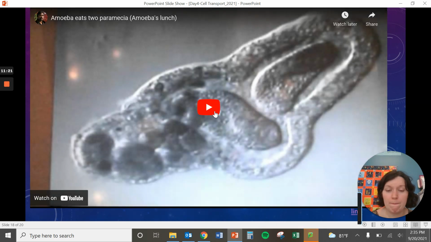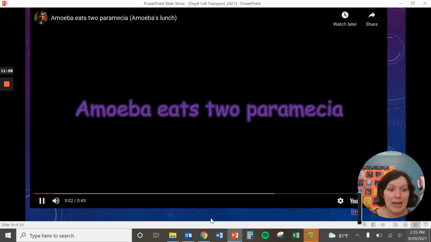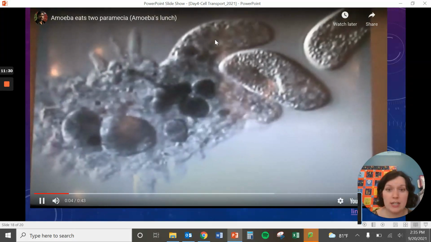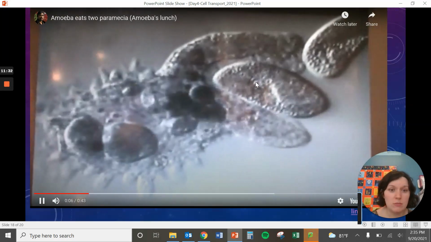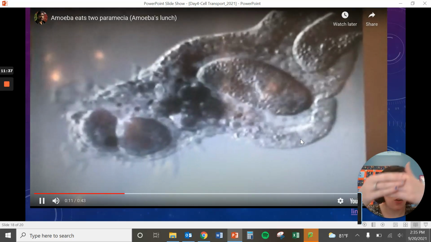There it goes. Okay. So here we have two paramecium, and they're going to actually be ingested by an amoeba. So the amoeba here is, so we're using phagocytosis to